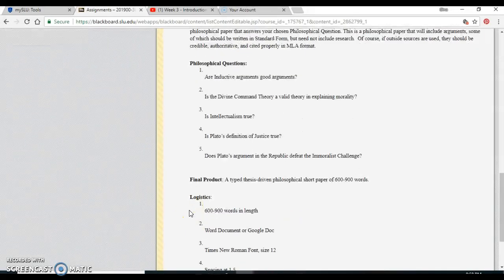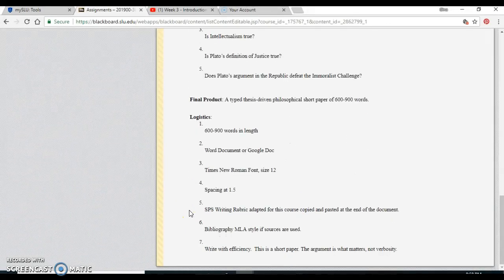product. This did not come out very well when I copy and pasted this from my Google Doc, but the logistics here give you some really basic information about how I would like this to look visually. You can write it in a Word document or a Google Doc and then submit it through the assignments portal in Blackboard. Times New Roman, size 12 is super normal. Spacing 1.5